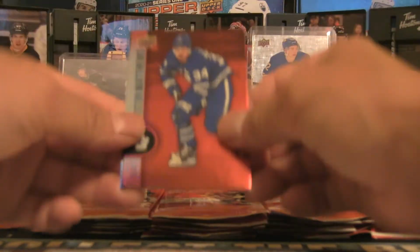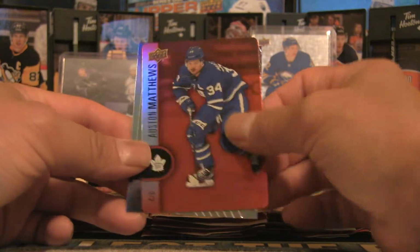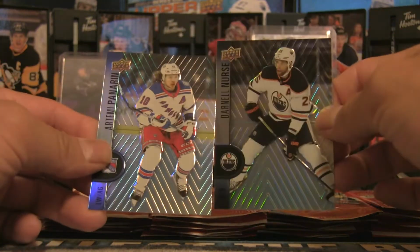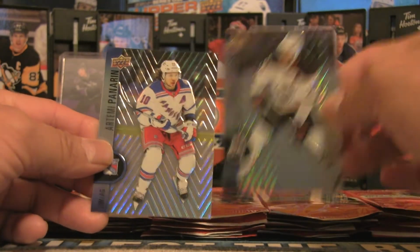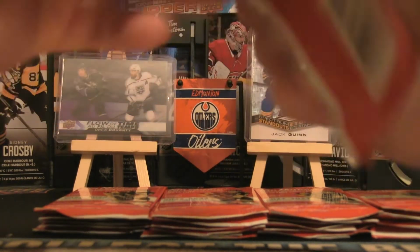Here we are for pack number 4, Auston Matthews. So carrying on with the superstars of the league, Panarin and Darnell Nurse. So there we are, red die cut of Matthews. Pack number